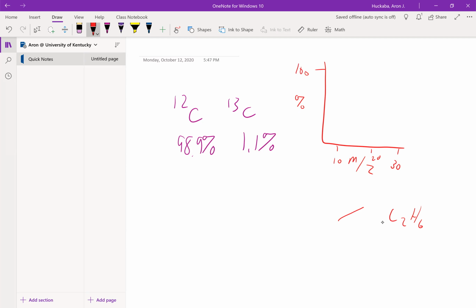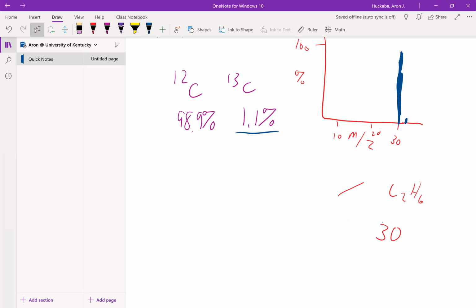C2H6 has a molecular weight of 30, so it's 24 and 6, so it's like 30. So 30 would have an abundance very near 100, but not totally 100. And in fact, you would have 2% of 31 because of that extra 1.1% of 13C. And in fact, for every carbon that is present in your molecule, we will increase the M+1 molecular ion peak